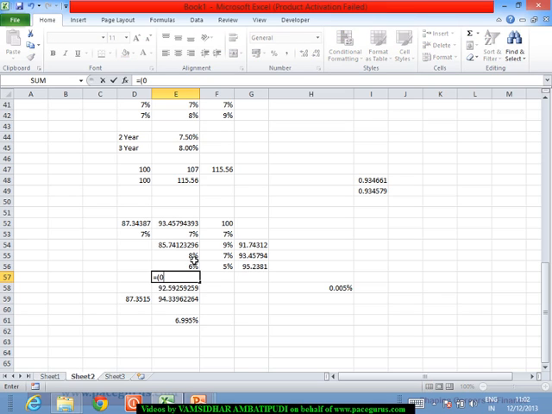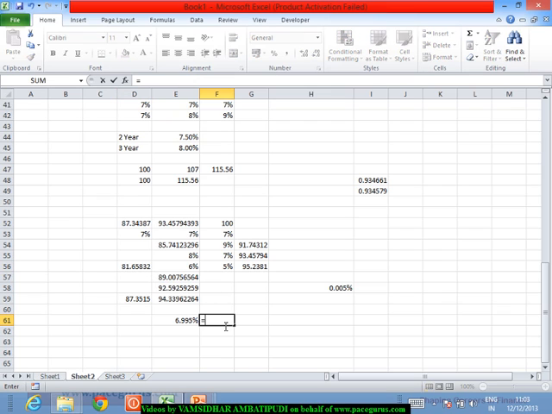The same logic if I am applying, there is a 50% chance of this being the value, and another 50% chance of this being the value, and these two things are discounted at 6%. So at the end of 1 year, there is a 50% chance that the value of the bond is going to be 85.74, and there is another 50% chance that the value of the bond is going to be 89. Now the same logic I can carry on here, because for all the 3 years the expectation is 7% only. That is what I wanted to drive, right? So here again, 50% chance of the value becoming this, another 50% chance of the value becoming this. This entire thing I am discounting by the 7%. So the value of the bond is going to be